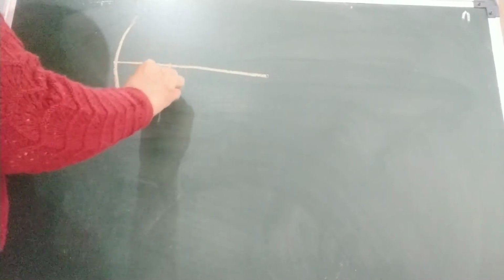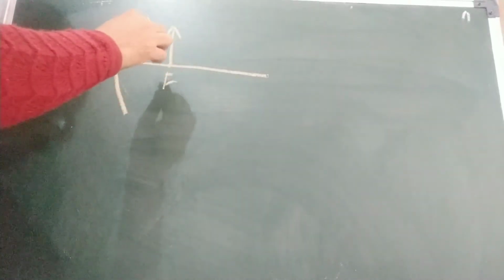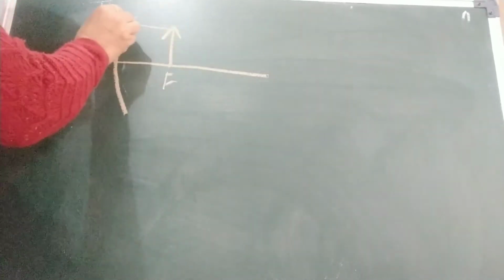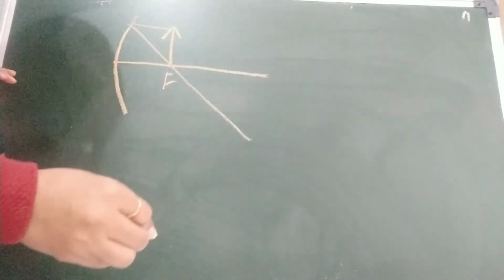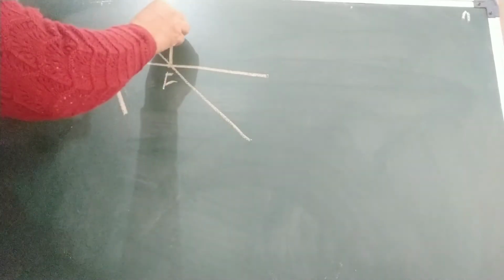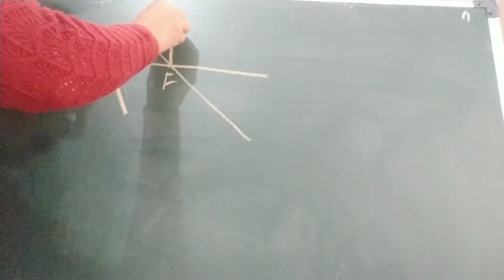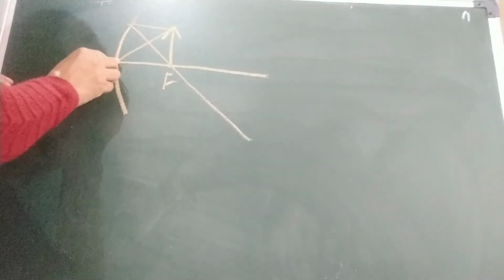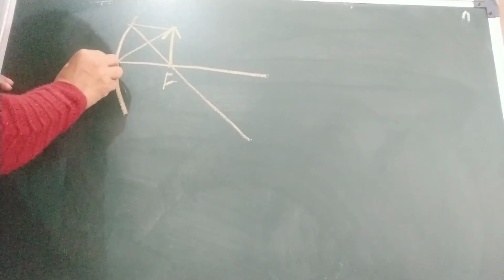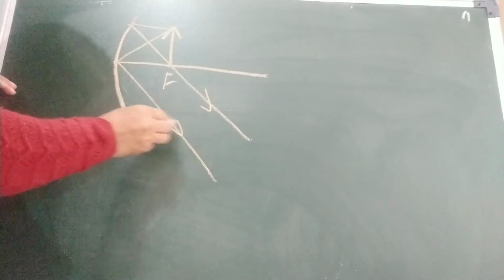This is F. Okay. What happened now? Our object is at F. First ray, it will strike with this and will pass from the F. Okay. Second ray, it will go like strike here but cannot pass from this. So it will go this side, and what will happen? You are seeing both the rays, they are parallel.